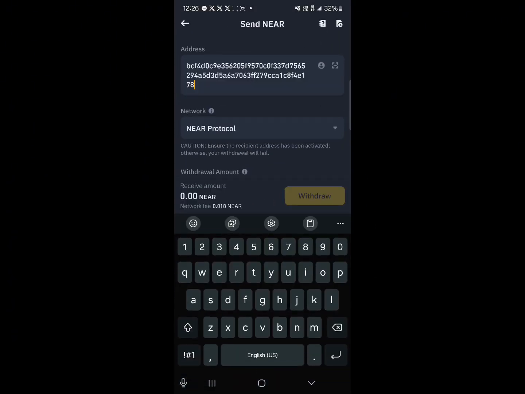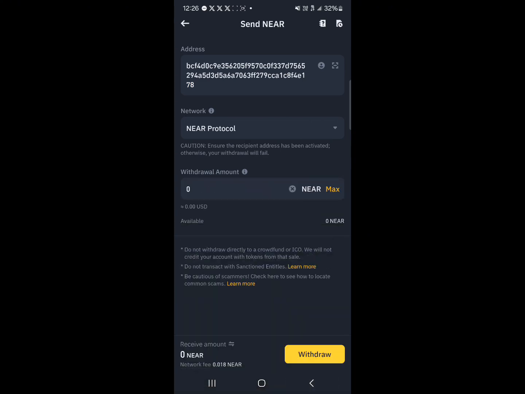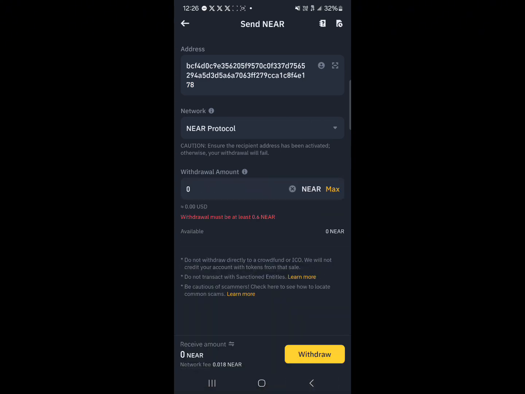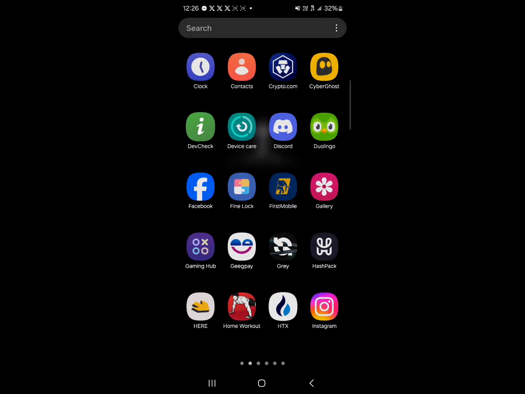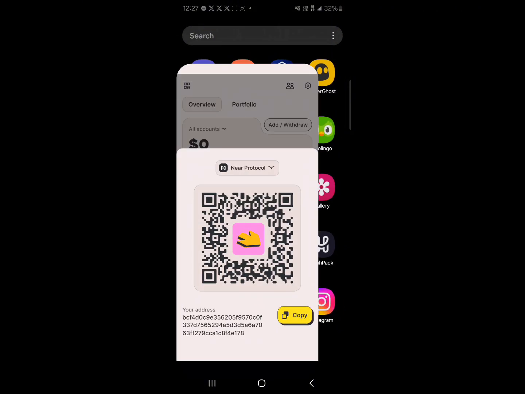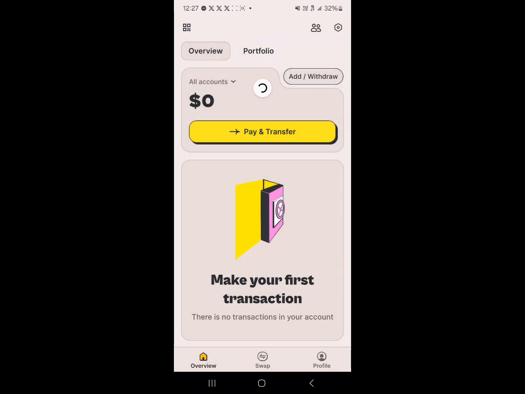Paste the address we had just copied from NEAR, and then enter the amount of NEAR tokens you wish to send, and then hit withdraw. By doing this, you successfully sent your tokens from your Binance application to the NEAR wallet, which in this tutorial is the Here wallet. All you need to do on this wallet is simply reload, and you'll find your